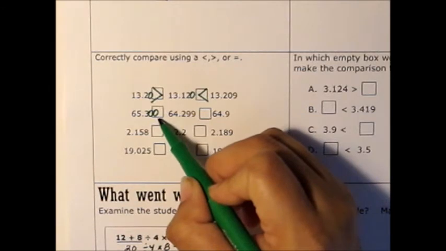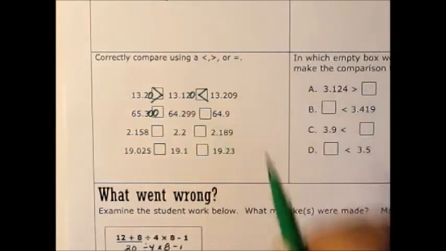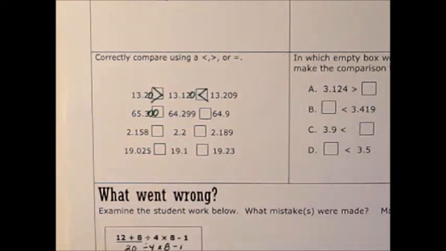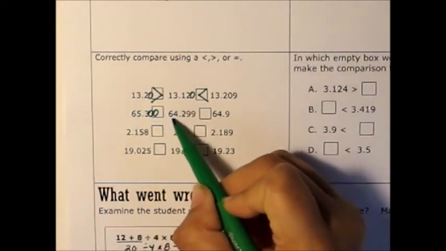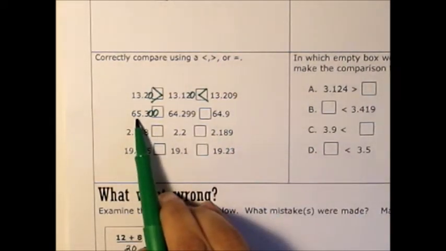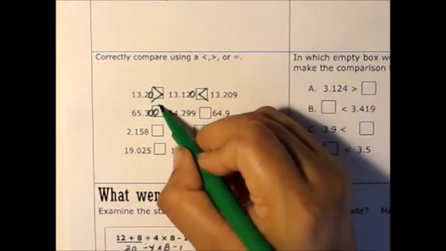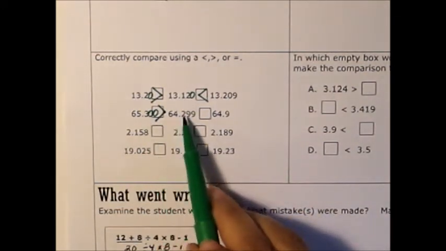65 and 300 thousandths versus 64 and 299 thousandths. Now don't make the mistake of saying, oh, 300 is bigger than 299. Remember what I've been saying. You've got to see the number before the decimal too. Also, this one has 65 and this one is 64. So right off the bat, you should see that 65 is greater than the 64, regardless of what's going on